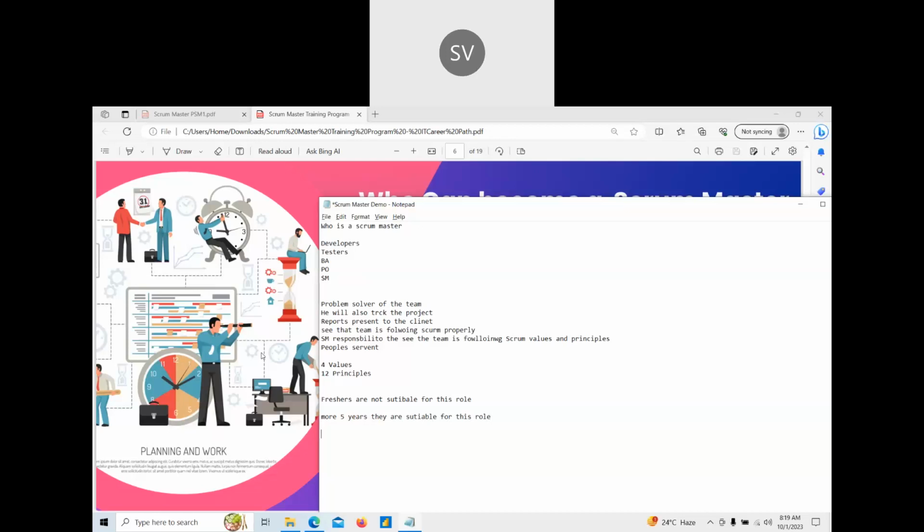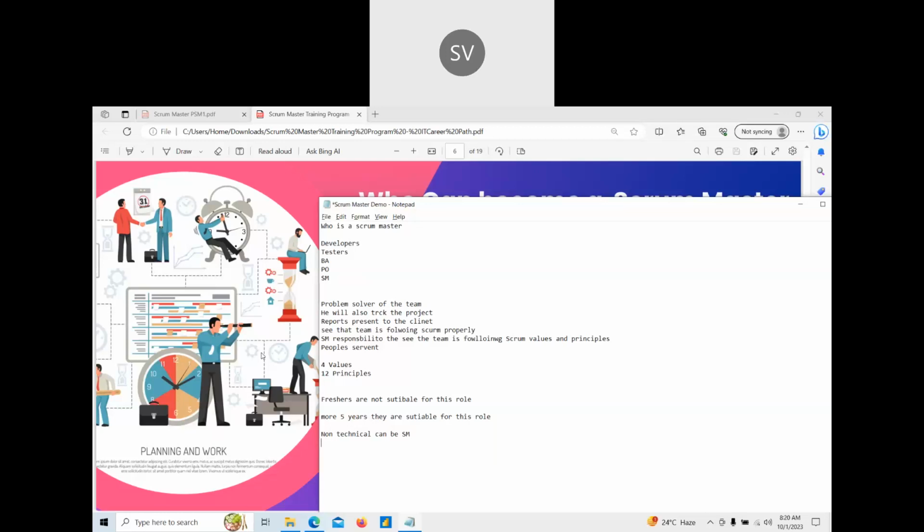Irrespective of their education background, a non-technical person can also become a Scrum Master, because a Scrum Master doesn't work on any development or testing activity. A Scrum Master is least bothered about technical skills.